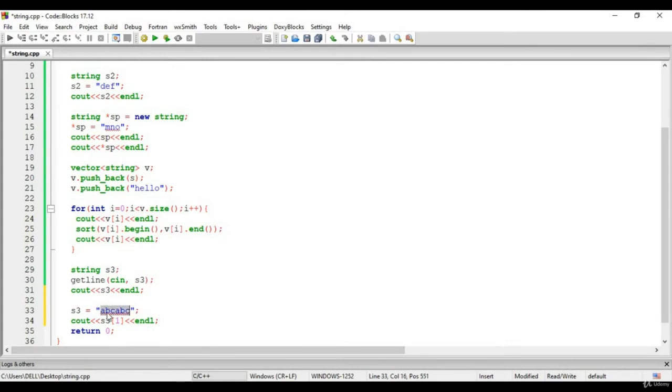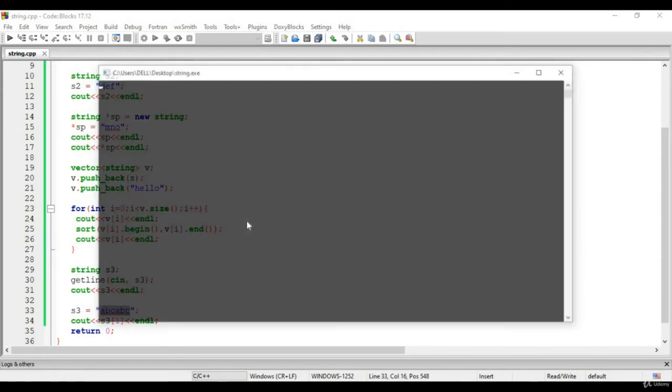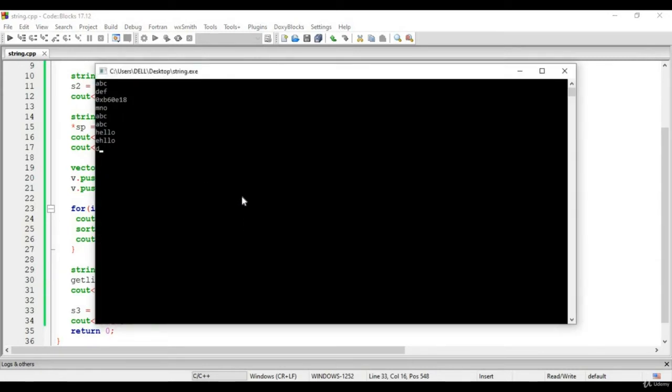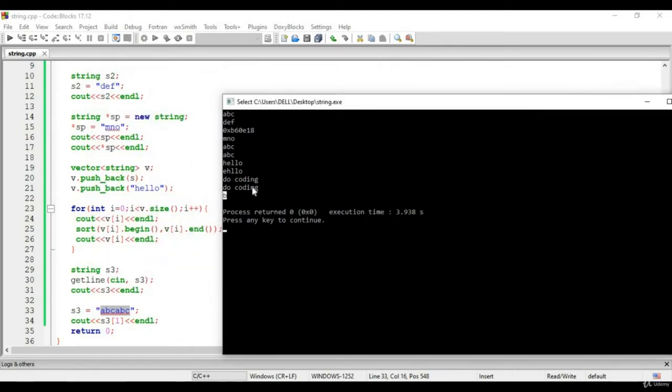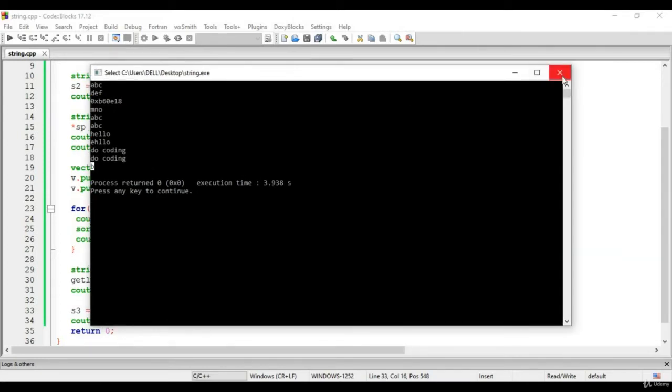It will be B. So let's see. It is waiting for my input. So do coding. Now the first character is actually B. Why is it B? Because after taking the input from the user, you are changing the value of S3. It is ABC ABC and the character at index 1 is B. So you can treat your strings as if they are an array.